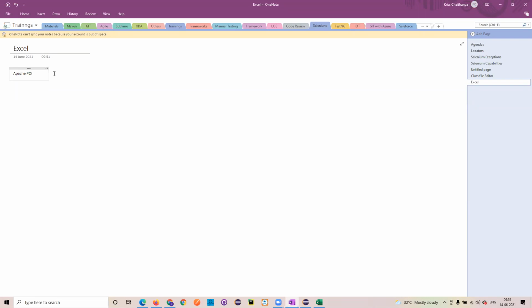Apache POI is one of the famous libraries. With the help of this library, we can read all this data and use it, and the same library helps us write the data into the Excel sheets. If you want to read the data and write the data into the Excel sheet, this library will be helpful for us.